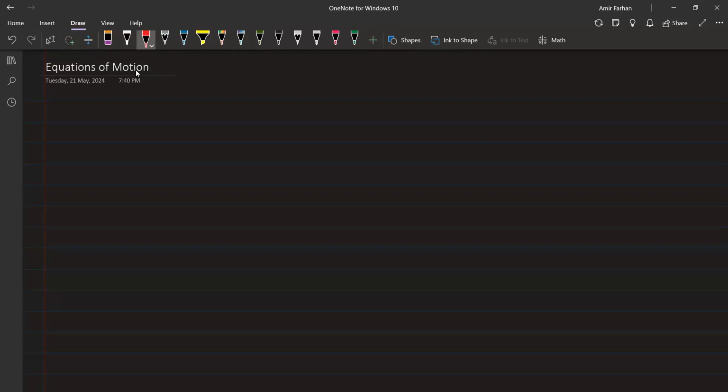Okay, so it's a completely independent topic. Yes, it's a little bit relatable, but I will try to explain in a much easier manner so that you can understand it properly. So basically, equations of motion is the topic in which we will understand the relationship of the different quantities associated in the motion of an object. So you must have seen that distance is also present in the motion of an object. Yes or no?